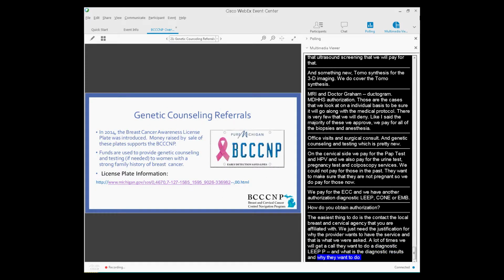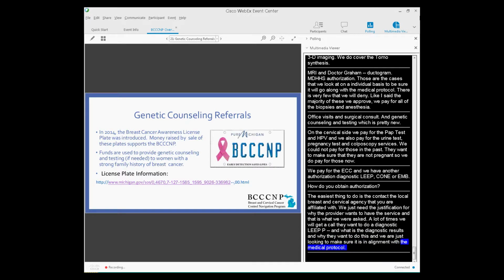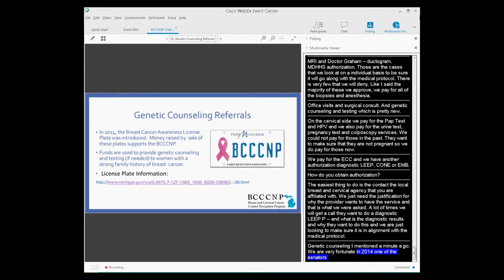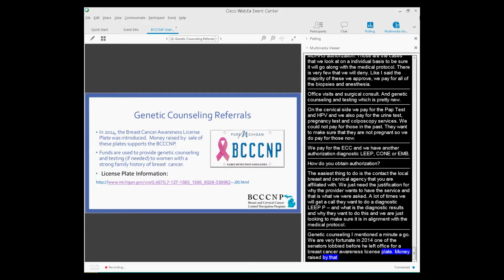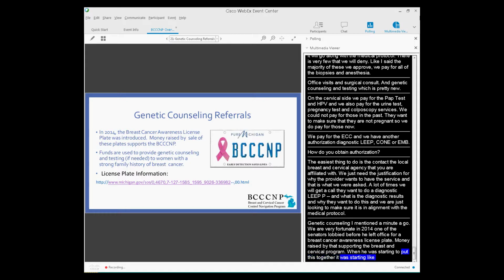Genetic counseling, I mentioned a minute ago. We were very, very fortunate in 2014 that one of the senators lobbied before he left office for a breast cancer awareness license plate. Money raised by that was to help support the breast and cervical program. When he was starting to put this together, in 2012 and 2013, that's when I mentioned earlier that we were hitting upwards over 30,000